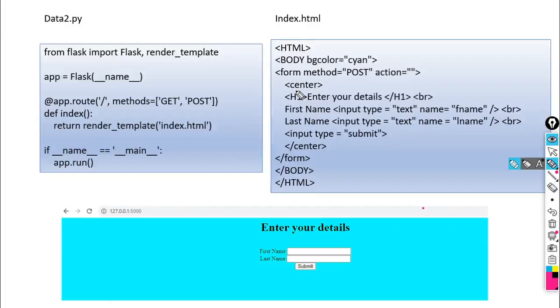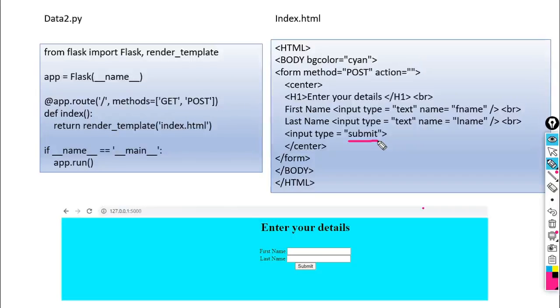Then first name, input type is text, and the name of this is fname. Then br, which takes control to the new line. Second is last name, again input type is text, and the name of this text box is lname. After this we used the submit button.